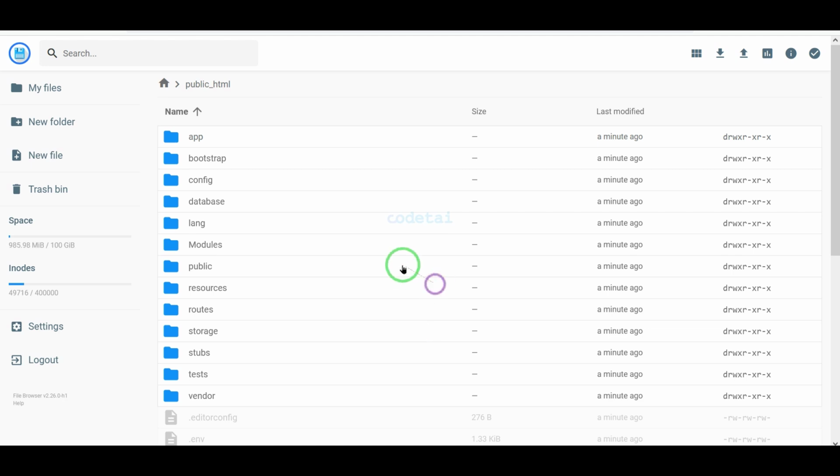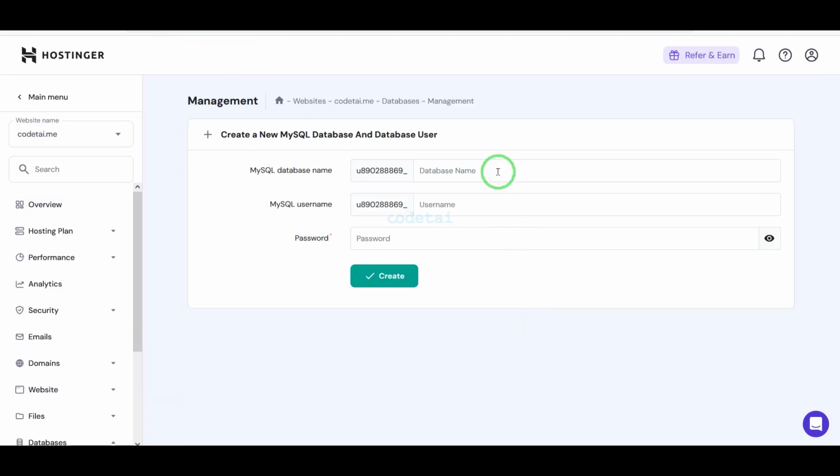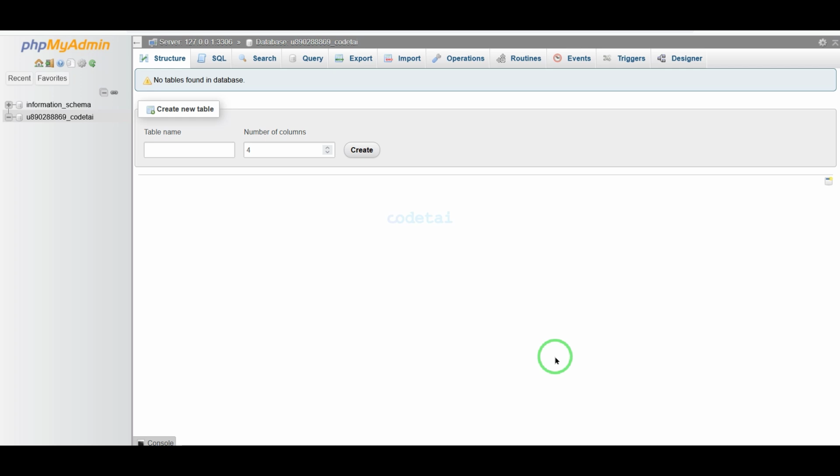Now we will learn step by step how to create database in hosting panel. Now we will add the SQL file to the database.